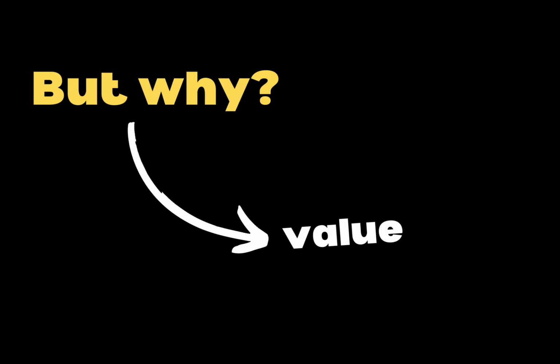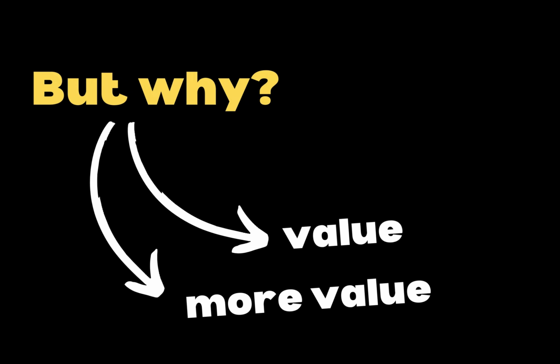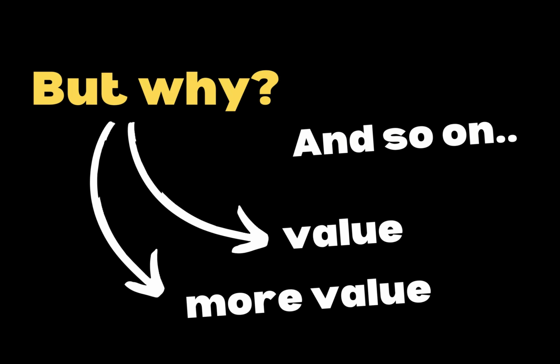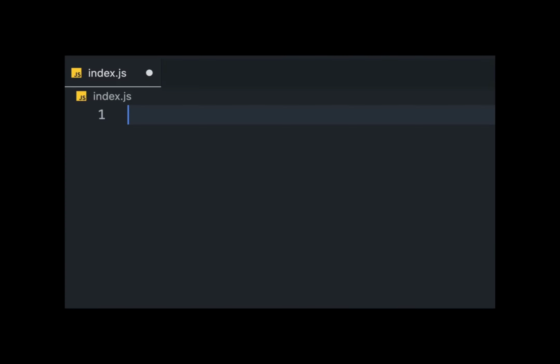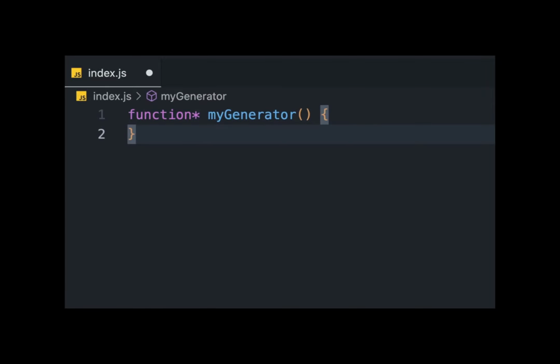over time. The purpose of a generator is to run some code and return some value, run some more code and return some more value, and so on, as we control the flow of its execution. To create a generator, we use the function keyword with an asterisk after it, and instead of a return statement to return a value, we use yield to yield a value.